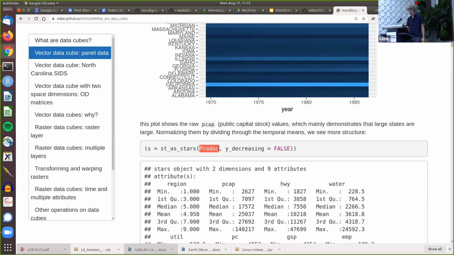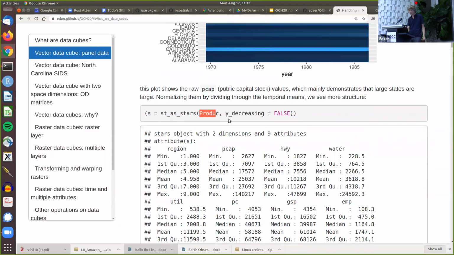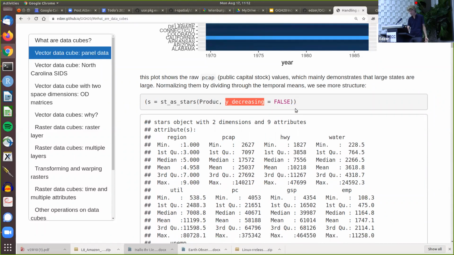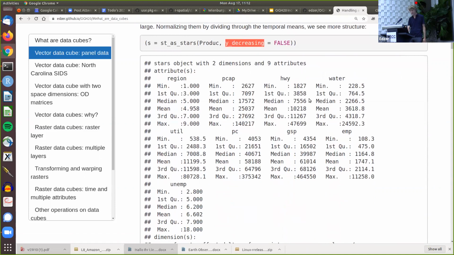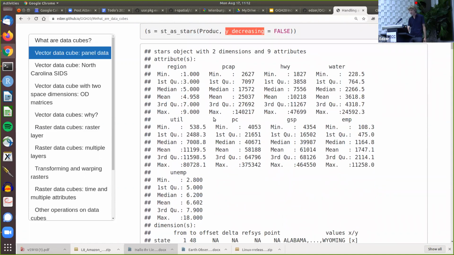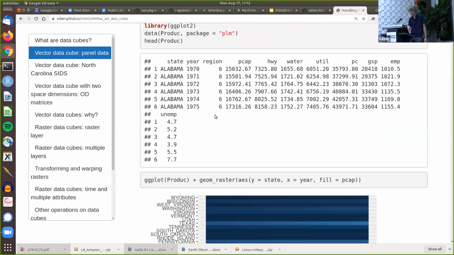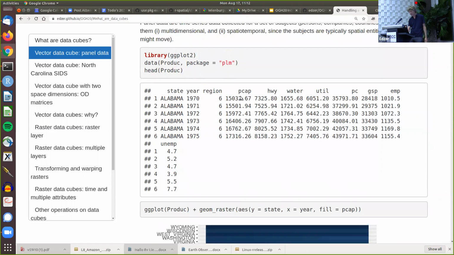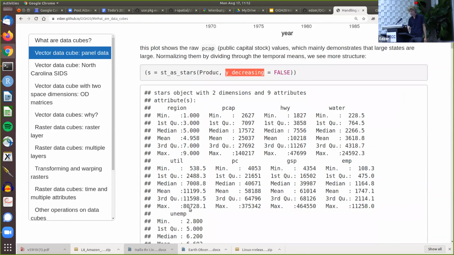The default of this st_as_stars method for data frames is to take the first two columns, and y decreasing is false, meaning it doesn't revert to y ordering, which would be the usual case for raster data. So I end up with all these variables that start at variable 3, as you see here, region, private capital, and so on, and I move now the first two